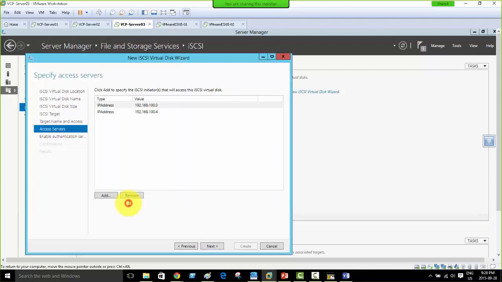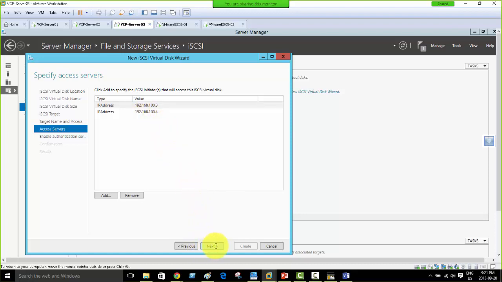Good. So these are the only servers that are allowed to borrow a disk from this target server. These will be initiators, or they will initiate the request. Hey, can I have your disk please? Thank you very much. So this target server can only give it to these 2. Okay,